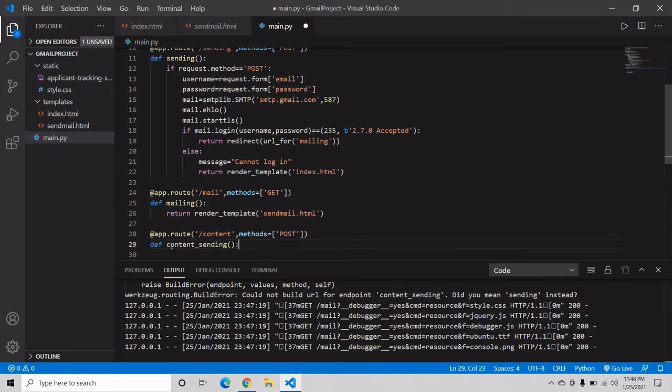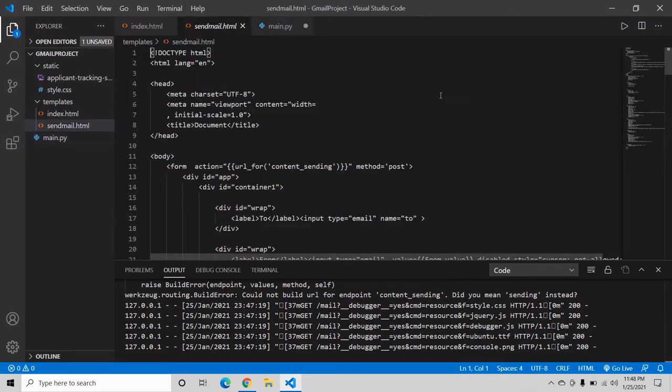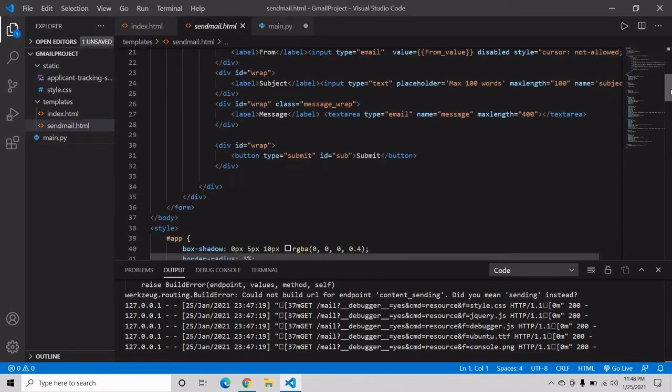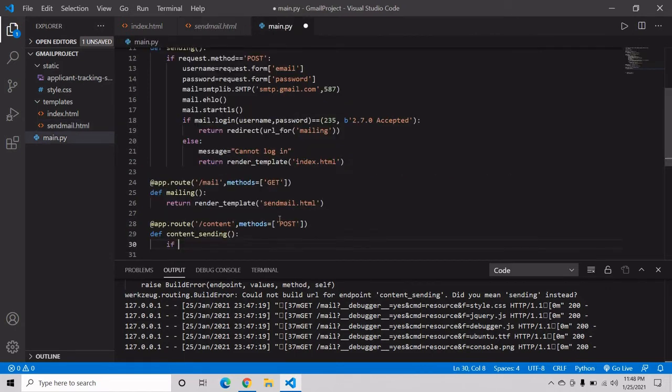Now suppose we are going to take our data from this HTML page. In this HTML page we have our from, subject, message, and our submit button. So for this, if request dot method equal to post.